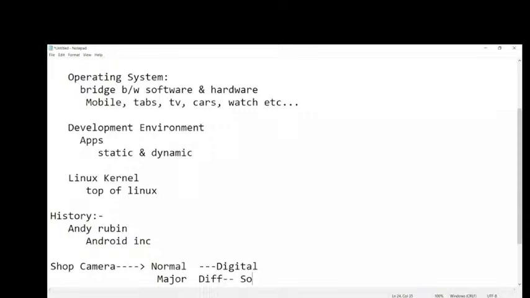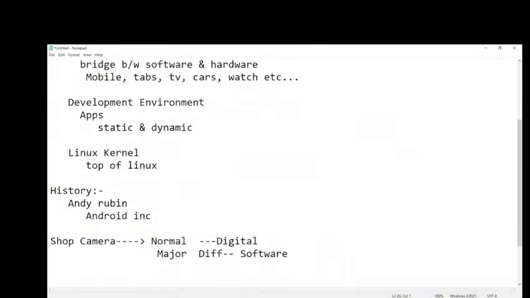The digital camera has intelligent software. The normal camera also has some software, but not that much intelligent software. That is the reason the digital camera costs more.